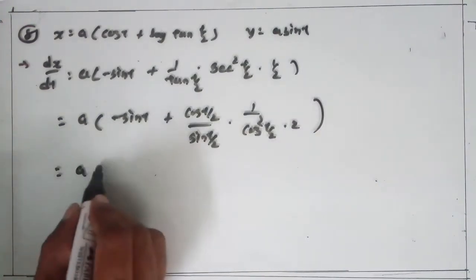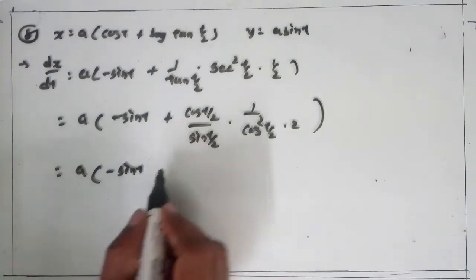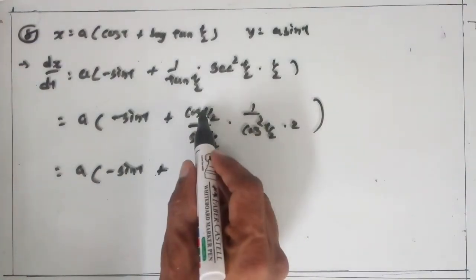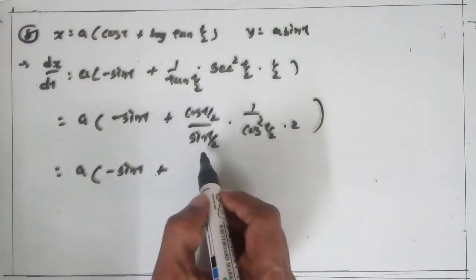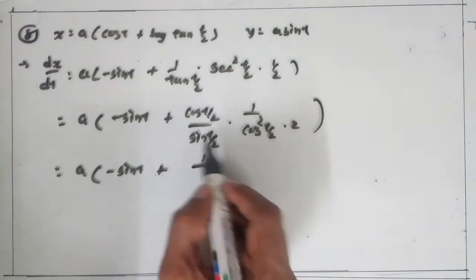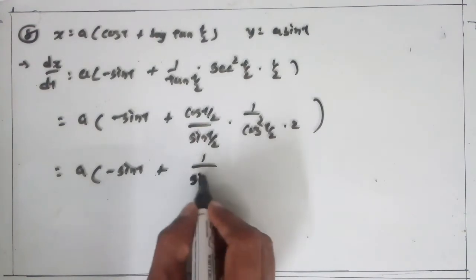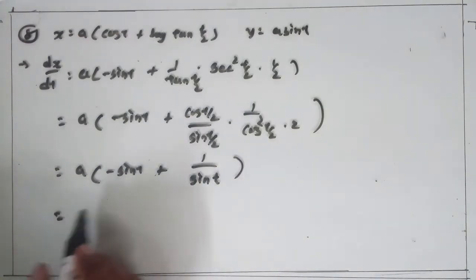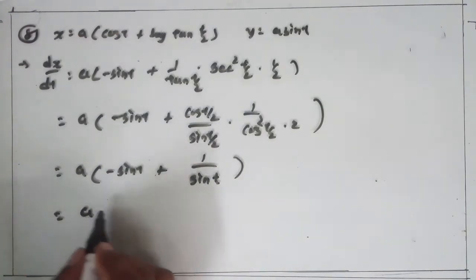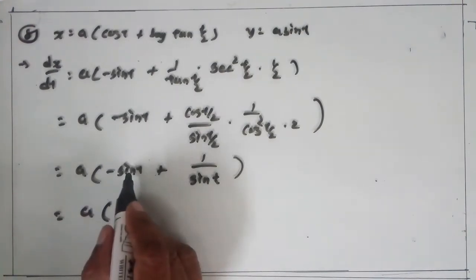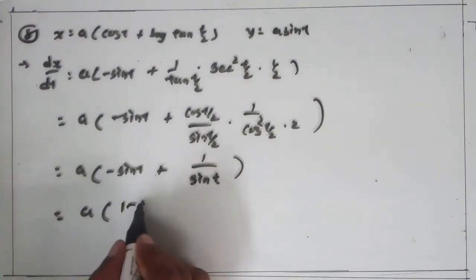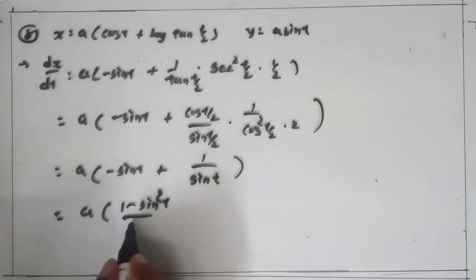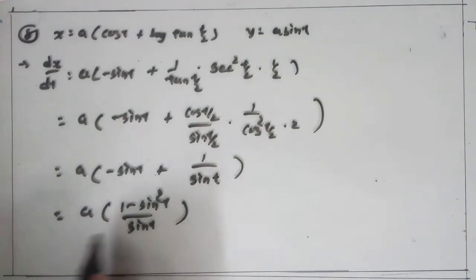So is equal to a minus sin t plus 1 cos t by 2. From both numerator and denominator cancel 1, and 1 upon 2 sin t by 2 into cos t by 2 becomes sin 2 times t by 2, which becomes a sin t. Clear this? So is equal to, now sin t take LCM, so we get a sin square t minus sin square t plus 1, that is 1 minus sin square t upon sin t, and 1 minus sin square t is equal to, we know that, cos square t upon a sin t. Clear this?